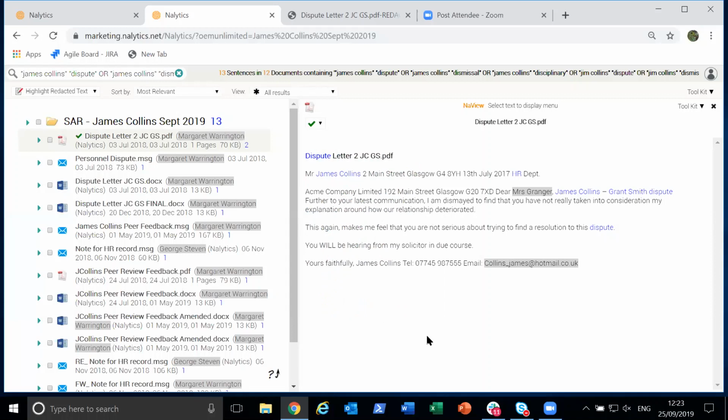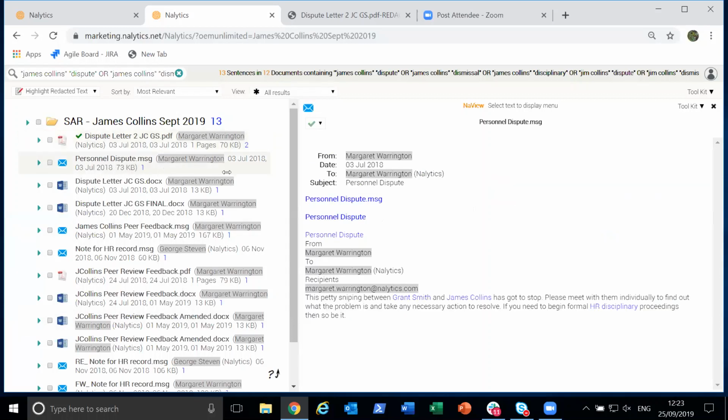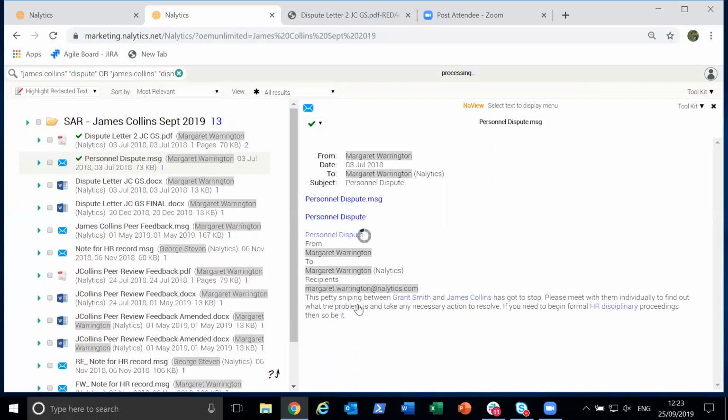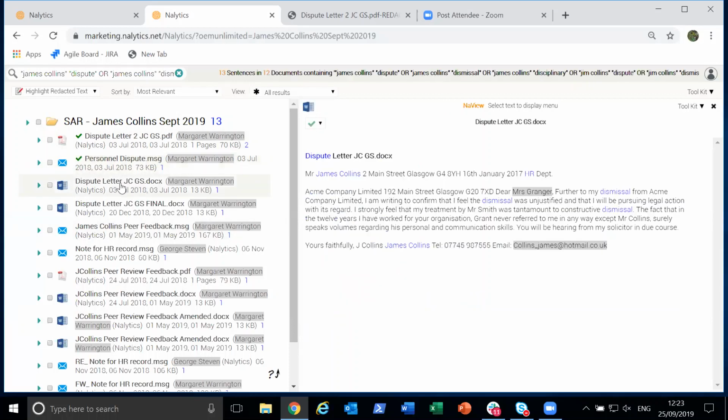So I'll just mark this one as having been reviewed, and look at the next one, and you can see there's some names there that are redacted. If I'm happy with that, I will just mark that as being reviewed. Now here's one that also contains the name Mrs. Granger, and you can see it's redacted already,